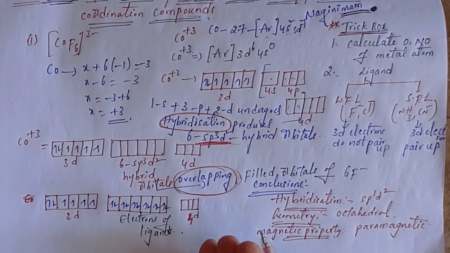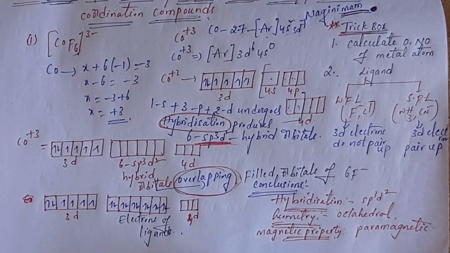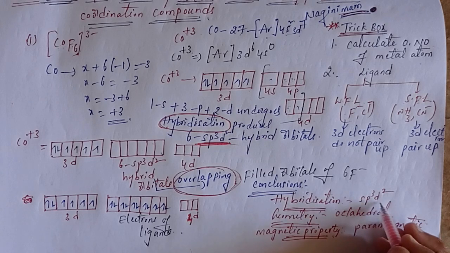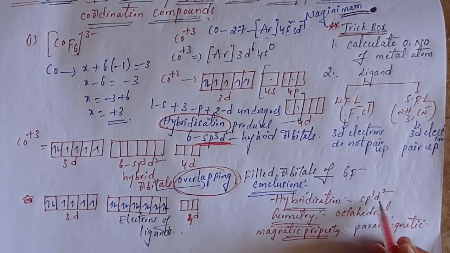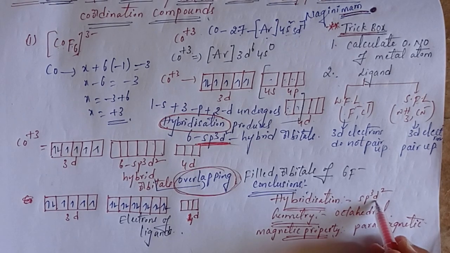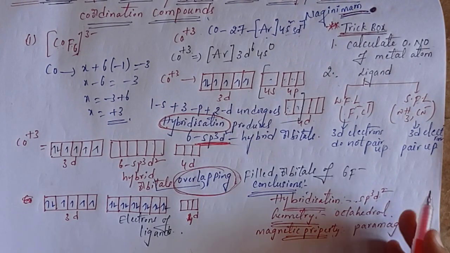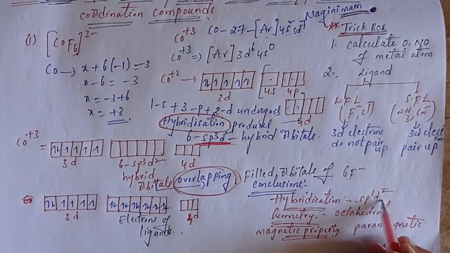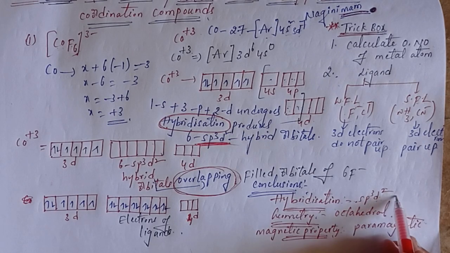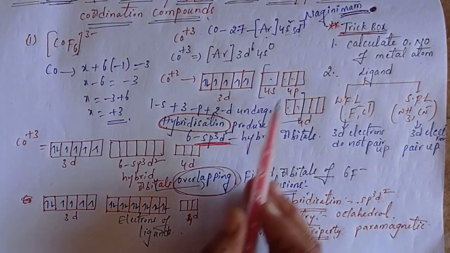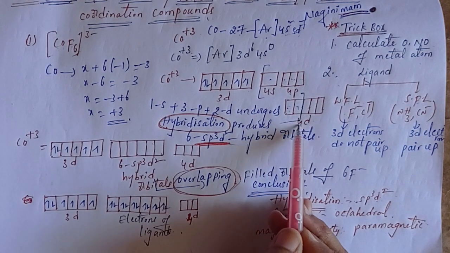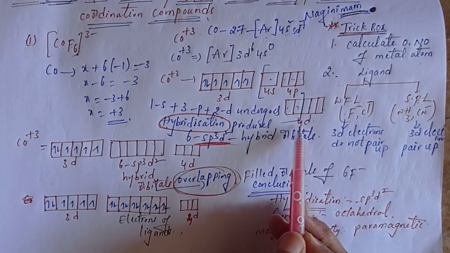Is it an inner orbital complex or an outer d orbital complex? In the hybridization you see, sp3d2 came, meaning d came after sp3. That means this is an outer d orbital complex. If d orbitals are in front, before sp3, that is an inner d orbital complex. Just identify by seeing the hybridization, you can write easily. So with d2 after sp3, that is an outer d orbital complex, because here the fourth shell 4d,